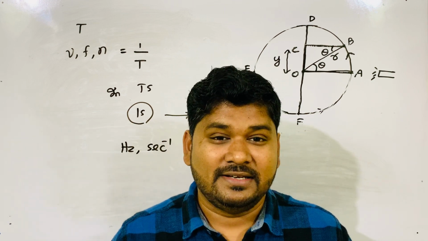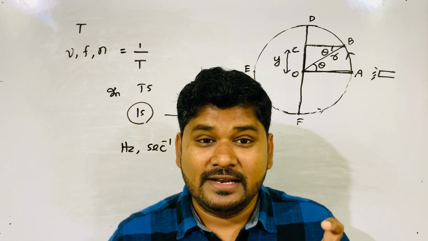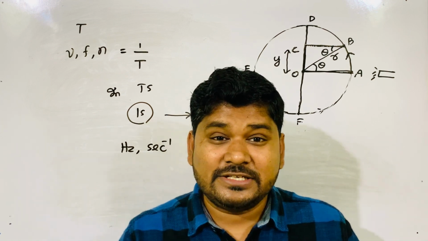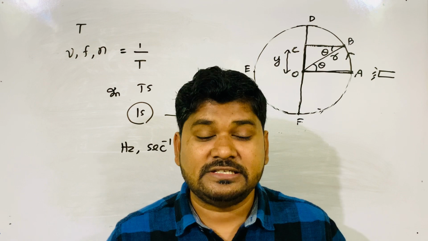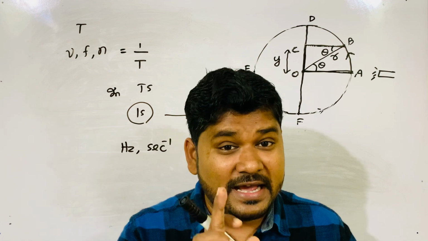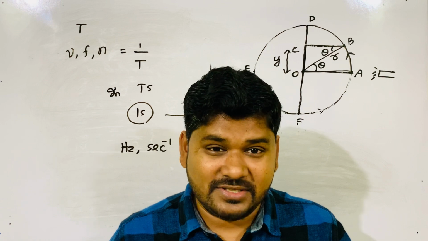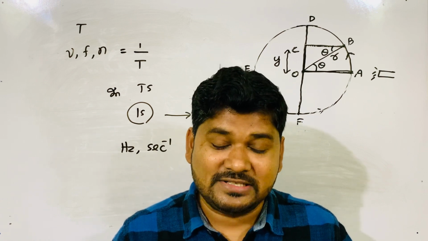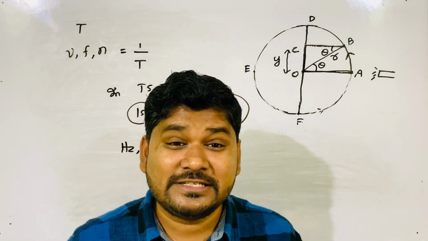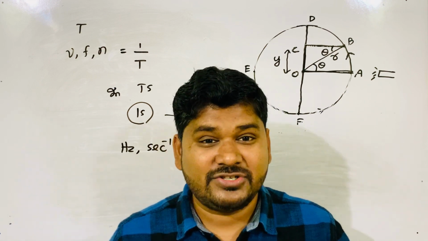When a body does motion with less frequency, then that is oscillation. But when it executes to and fro motion with a higher frequency, then that is called vibration. Frequency higher, vibration. Frequency lower, oscillation. Can you say a pendulum executes vibration? No. A pendulum executes oscillation. Does a tuning fork execute oscillation? No, you are telling me a tuning fork executes vibration.